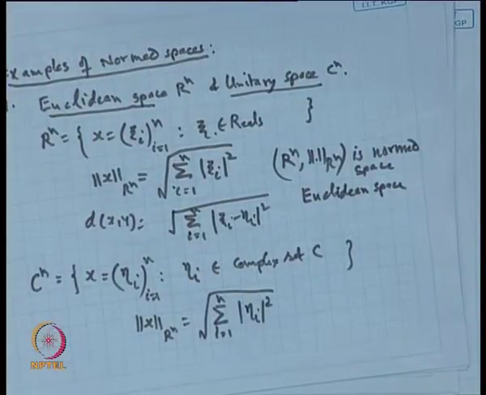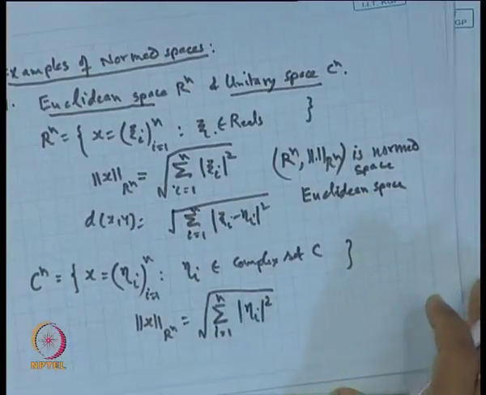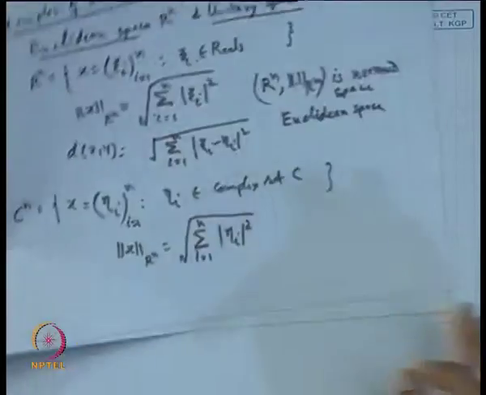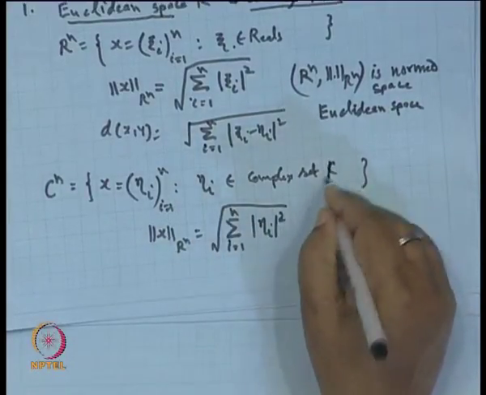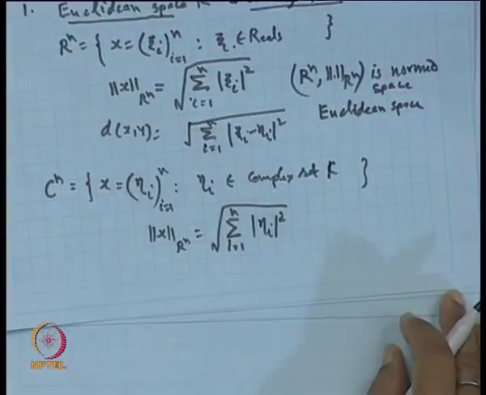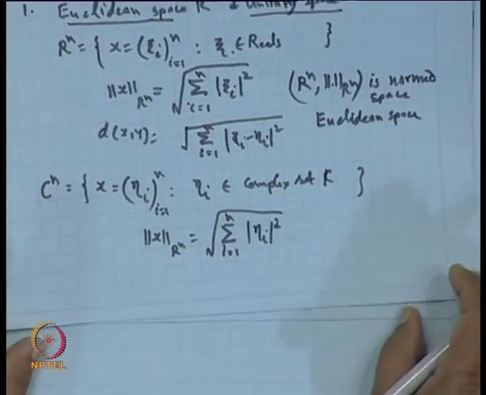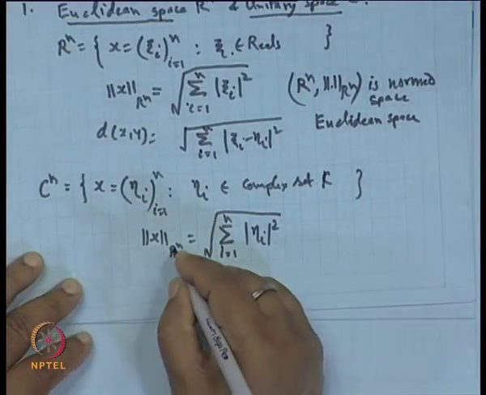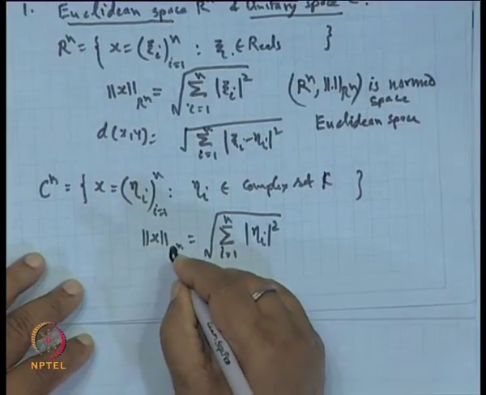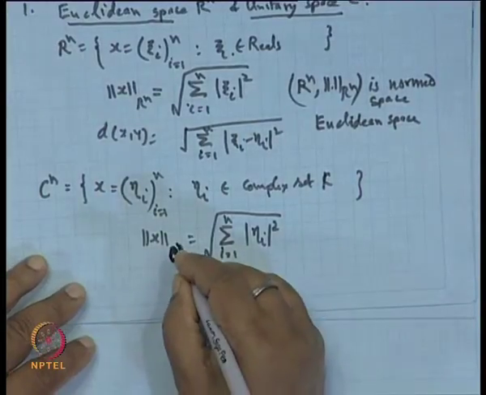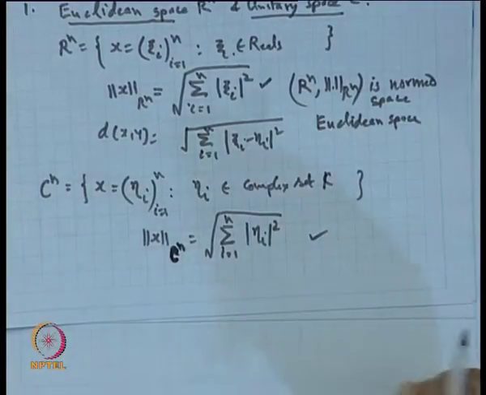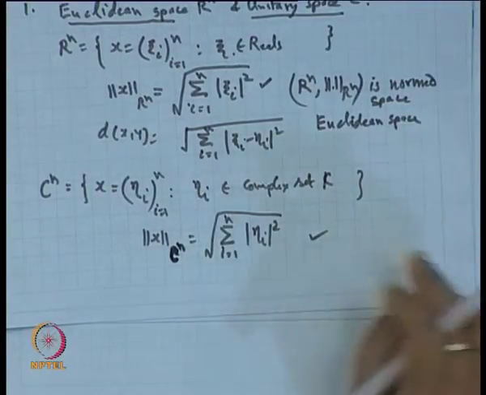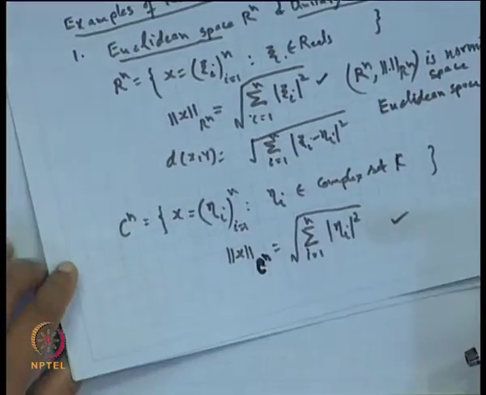The eta i's are complex numbers. Complex eta i are complex numbers. But the norm of x is defined on C^n. This is C^n. Now, if we look at these two, actually the difference between this norm of x and R^n